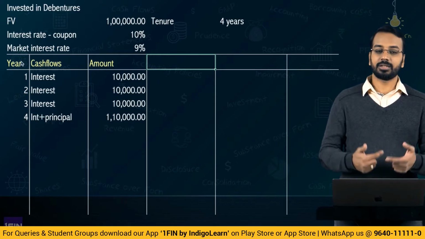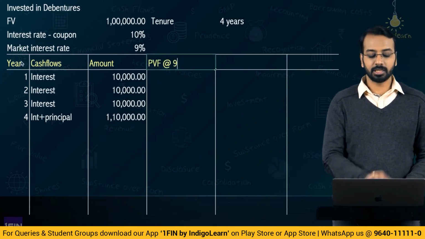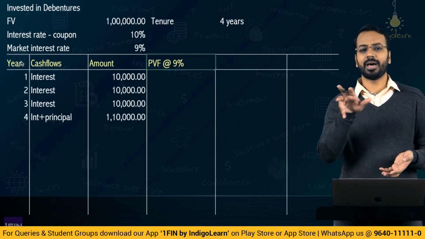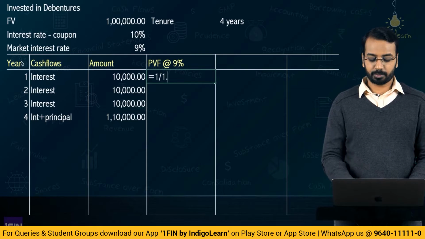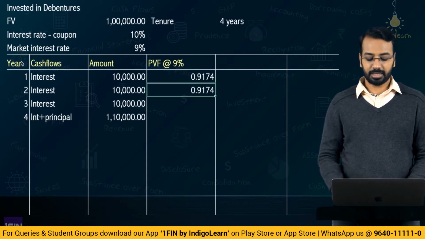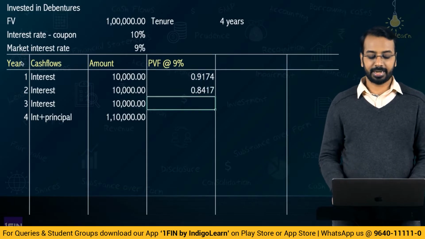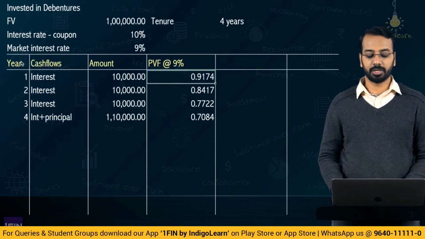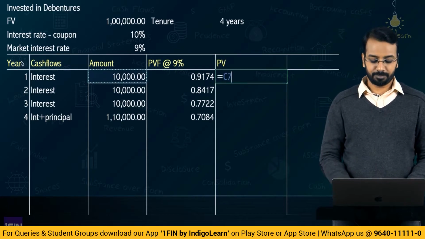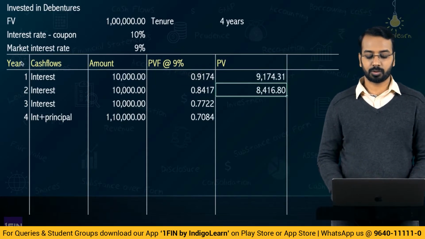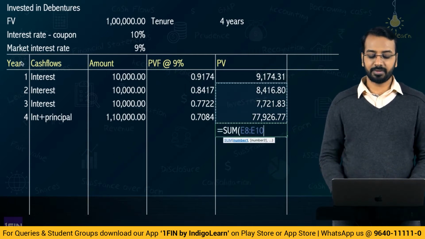Now, for this, we will calculate what is the present value factor at 9%. Why at 9%? Because the market yield is 9%. So, 1 divided by 1.09 first year, then this divided by 1.09 second year, third year and the fourth year. What is the present value? Present value will be 10,000 multiplied by this 1, 2, 3, 4. Simple calculations, I have all done it. So, the present value is